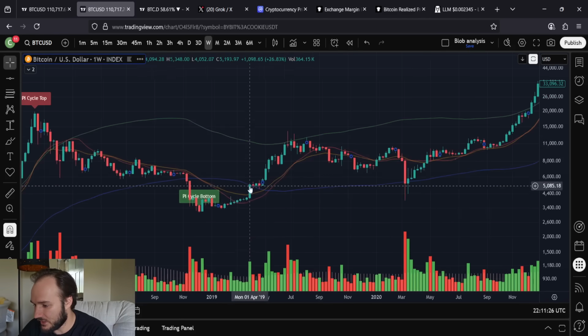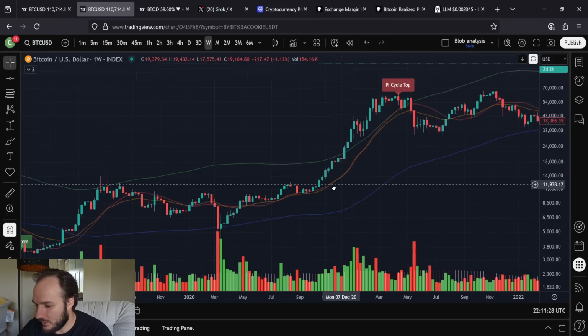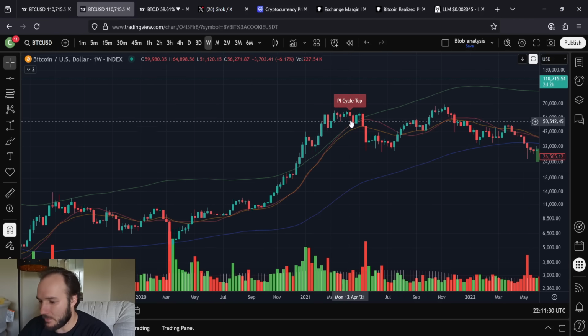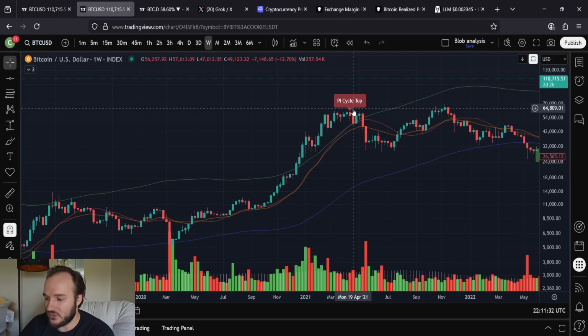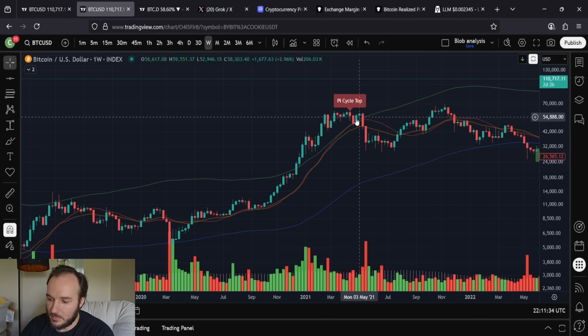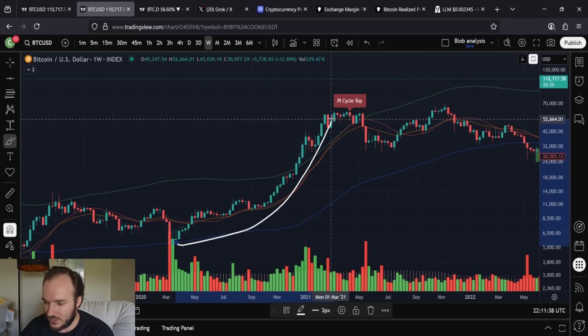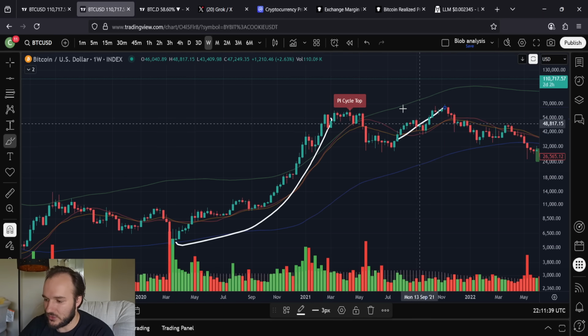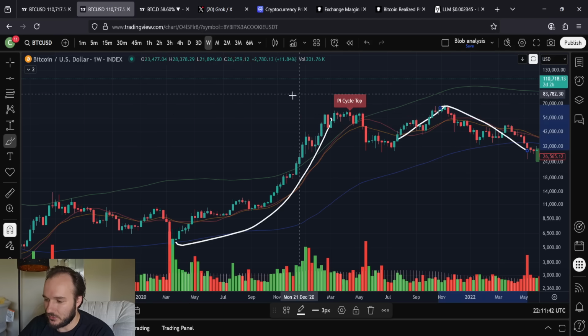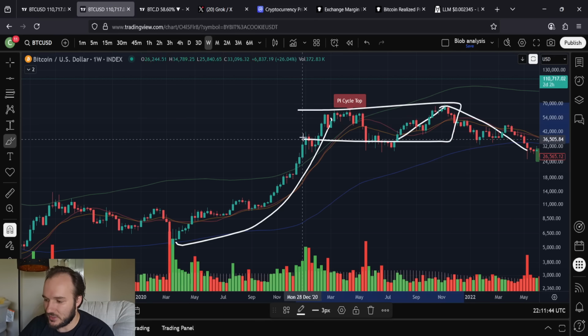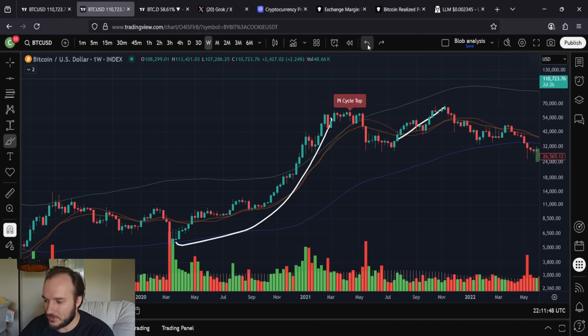Okay, and that's what you're getting here. Whenever we crossed above the green here, we had our pi cycle top last cycle. It wasn't at the actual all-time high, but still, I would say very comfortably that this was the end of the cycle, right? This was not the end of the bull cycle. This was the beginning of the bear cycle, right? This was just a kind of consolidation phase we had after the bull market was over. And so the pi cycle top got it right again.